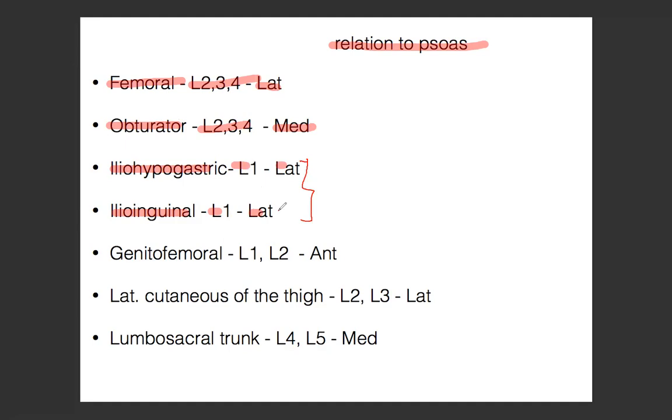If it goes towards the inguinal canal, it's ilioinguinal, and if it's going away from it, it's iliohypogastric. تمام؟ And you just pull it and see where it's going. Most of the time, it's very easy to see the ilioinguinal because it's going towards the inguinal canal. تمام؟